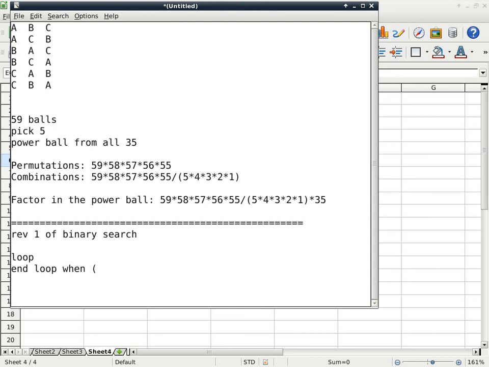How can I get out of this particular loop? What are the reasons that I want to get out? Okay, that I found a value, or that value does not exist. Okay, so we'll just write it down exactly the way you said it. So when the value is found, or now the other one I have to be careful, because I cannot just say the value is not found, because just the fact that you cannot find the value up to this point doesn't mean that the value is not somewhere else in the array. So the second one has to be much more specific, and you can say basically you can say